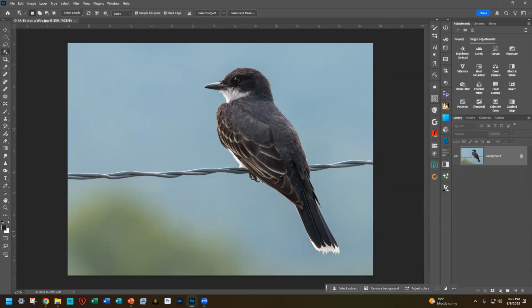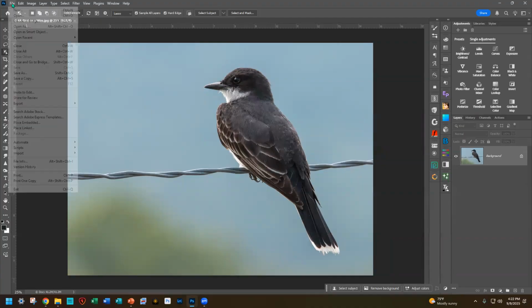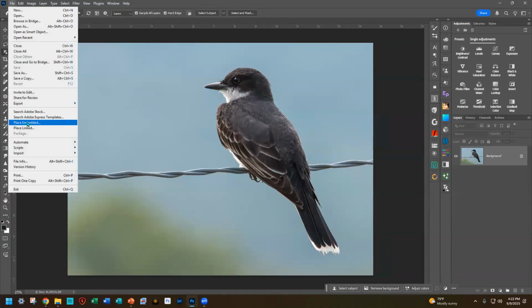Not quite. All right. So first, I'm going to bring in a texture, and most of you who've been on any of my webinars before, you know I work with two monitors, so I usually just click and drag my texture over. If you're not working with two monitors, the easiest way to bring in a texture is to go to File, Place Embedded,